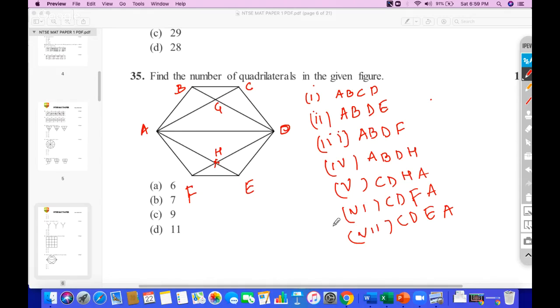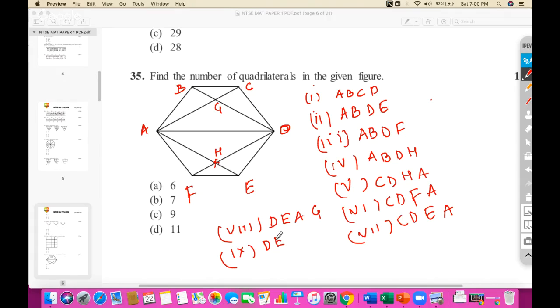So I have reached how many? Seven. Now with C, have I completed everything? So C, everything is completed. Now let's go to D. Now I'm moving in clockwise direction, so you don't need to go anti-clockwise now. Let's start from D. So I have 8 as D, E, A, G,